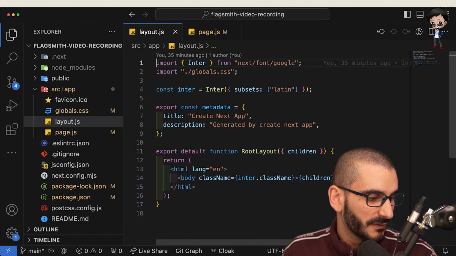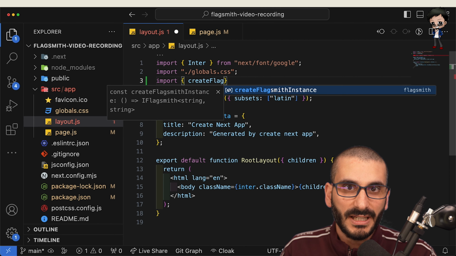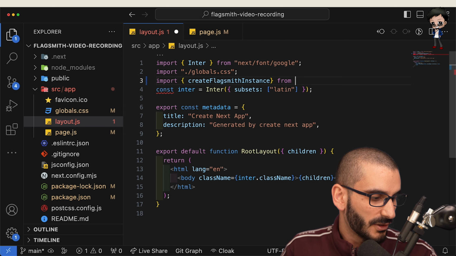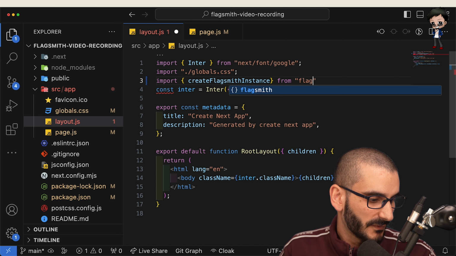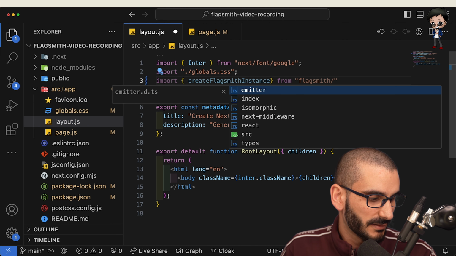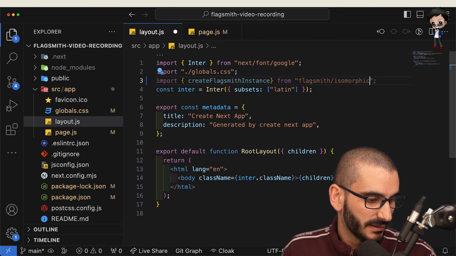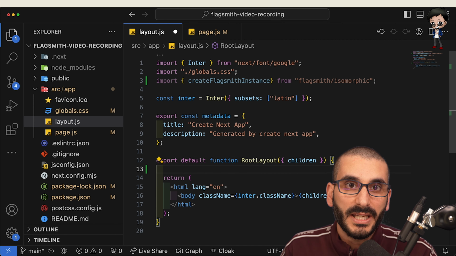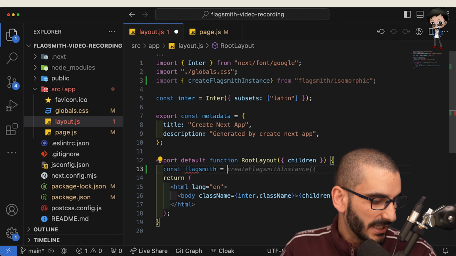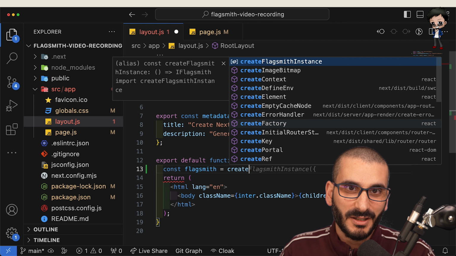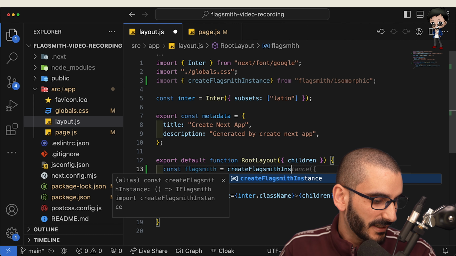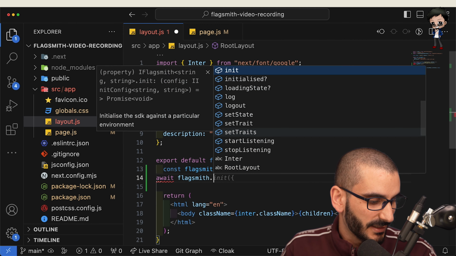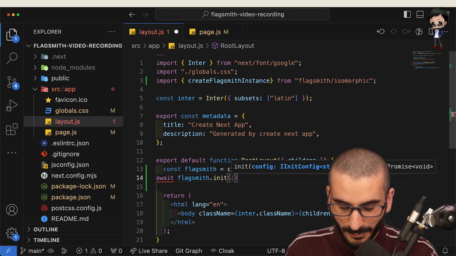Here we're going to import Flagsmith, and we're going to import createFlagsmithInstance from flagsmith/isomorphic. The next thing we want to do is in our component, we want to create a constant flagsmith, and you can see Copilot's jumping ahead with us, and it's going to be createFlagsmithInstance. And then below that, we'll want to do an await flagsmith.init, and we're going to pass in